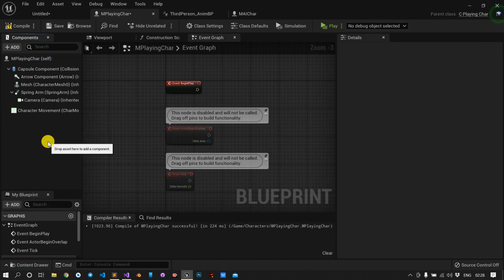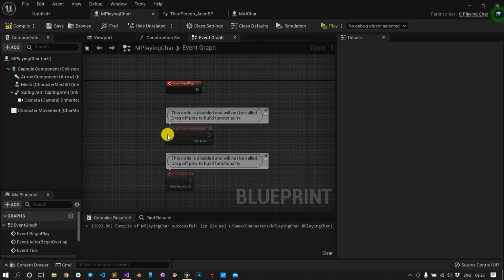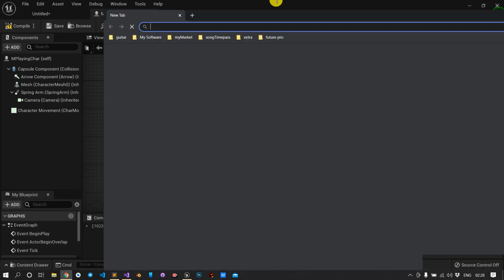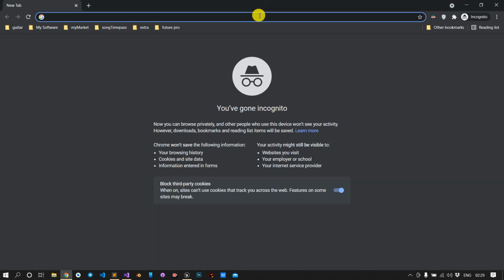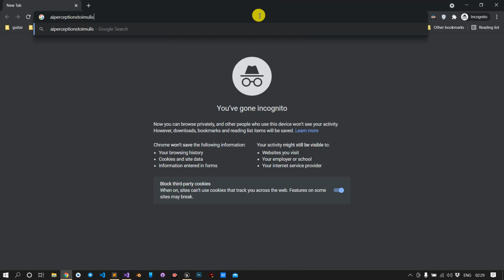So we will delete that. Let me open Chrome first. I know the include file, but I am telling you guys how you can look up these things. Just search AI perception stimuli source component.